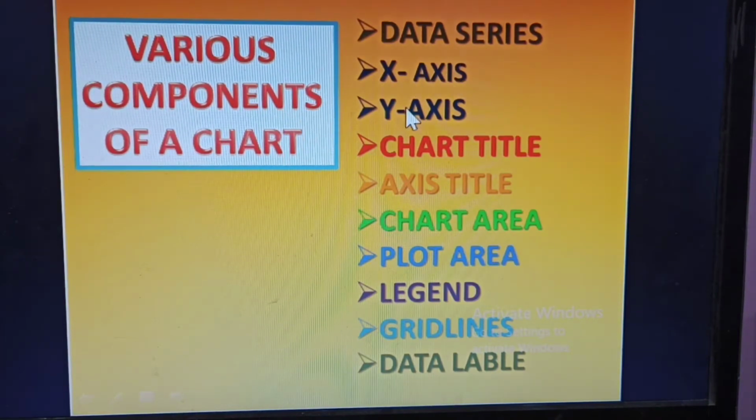Now the x-axis and y-axis are explained in this video: how to give the x-axis and y-axis in a chart, and how to modify the titles. In any chart you design, what is the horizontal axis and what is the vertical axis are explained in this video.